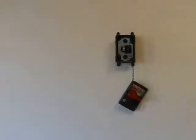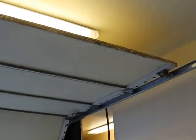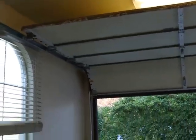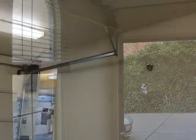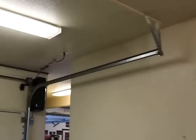Alright, update. Halfway done. Look at this. All I gotta do now is let the door down and run the wire across and then mount the switch. Alright, stay tuned. Alright guys, as you can see, all of the old conduit is gone, and we have rerouted